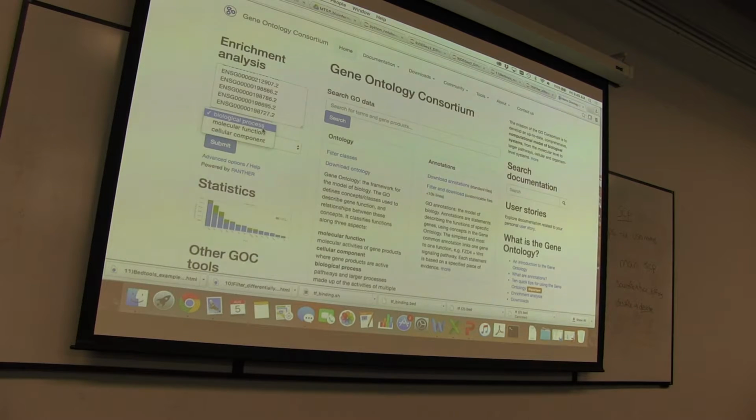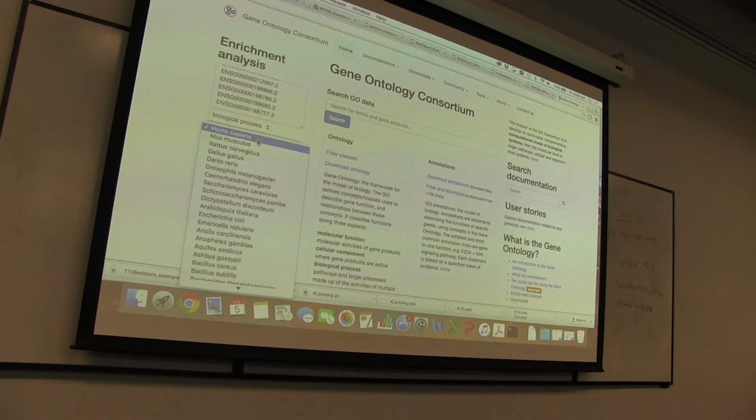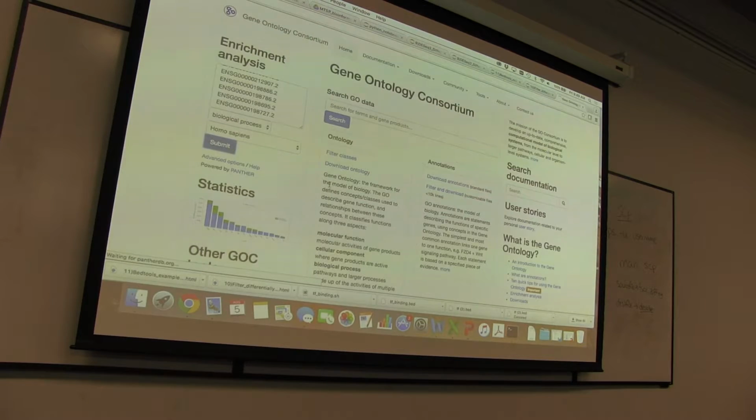So this is what Evan was referring to. You can do biological process, molecular function, or cellular component. So you guys can try a couple of these. And this is human, so we're good with Homo sapiens. So if you submit,